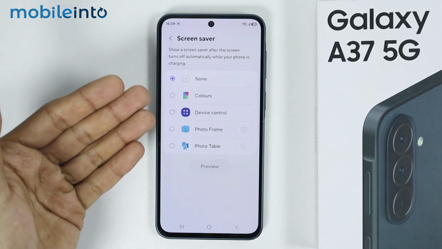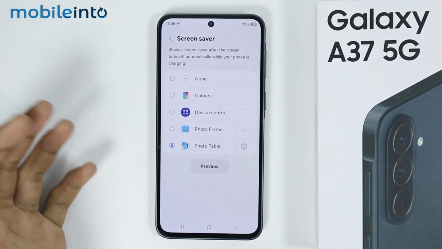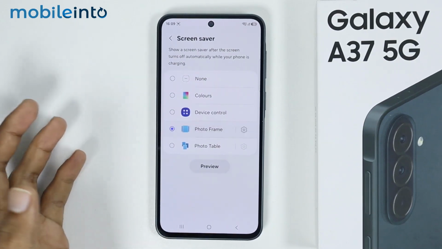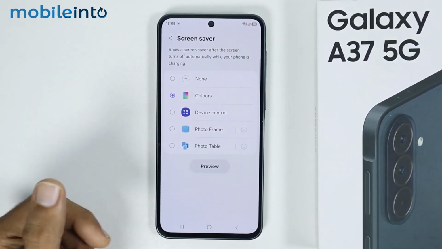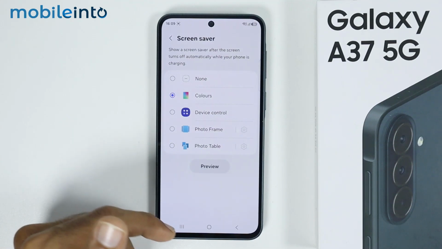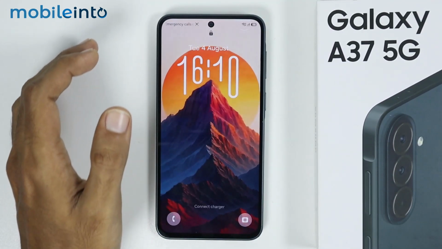Now over here, if you want to turn on Screensaver, you have a few options. For example, you have the option for Photo Table, Photo Frame, Device Control, or Colors. For example, I'll select Colors. Now, if I go to the lock screen, then if I plug my phone into charge,